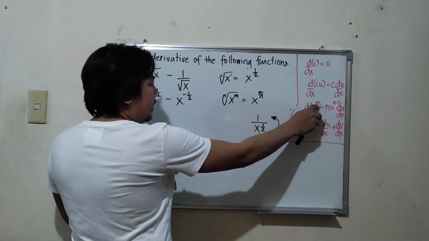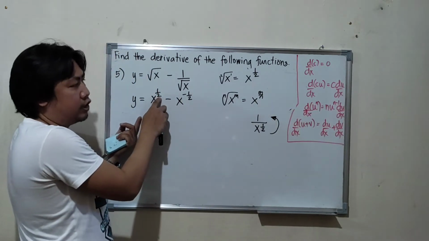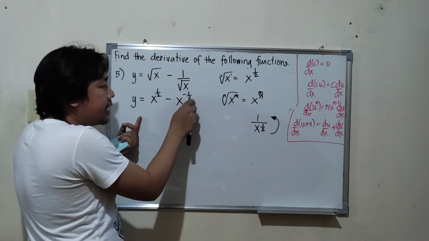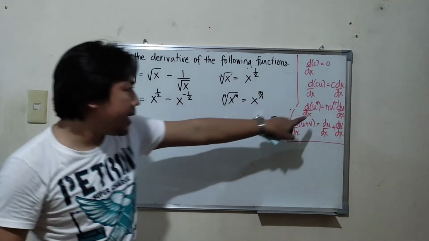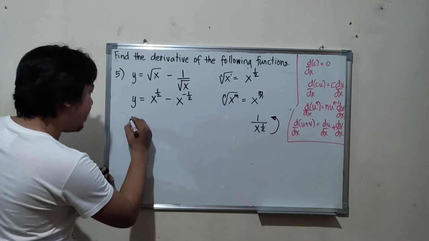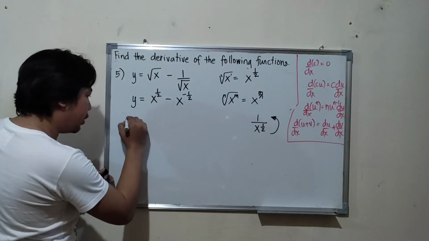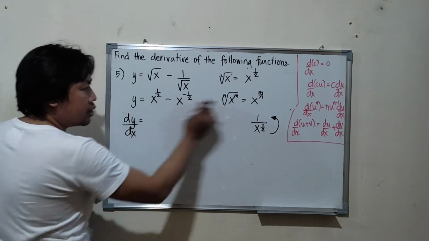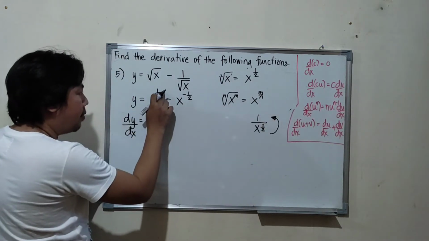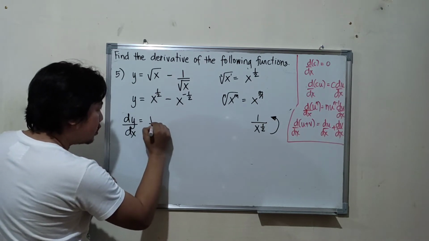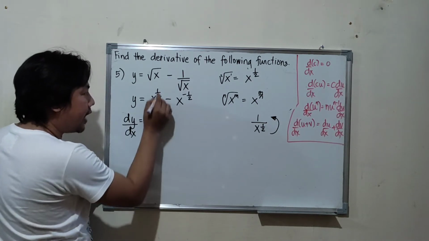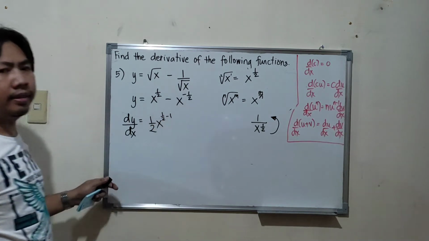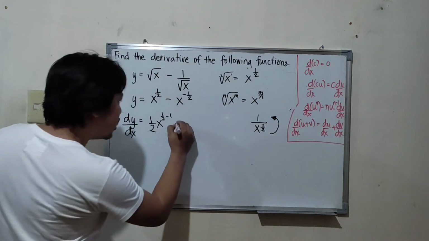So, n is 1 half. So, fraction yung n natin. N is 1 half, and then for this term, n is negative 1 half. So, we can apply this formula. So, we have y equals, or derivative of y with respect to x equals, so apply this formula, we have 1 half times x. So, we have 1 half times x raised to 1 half minus 1. Okay? So, minus 1 pa rin. So, minus,